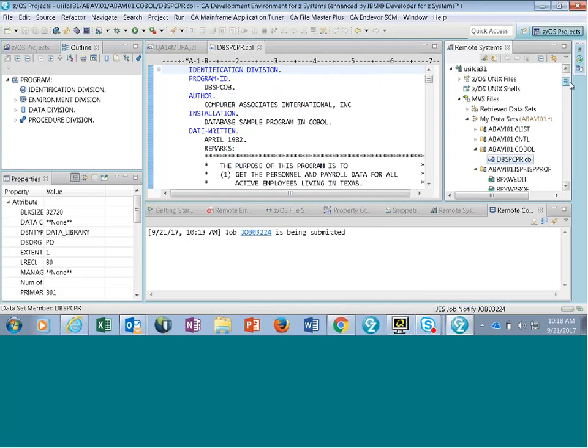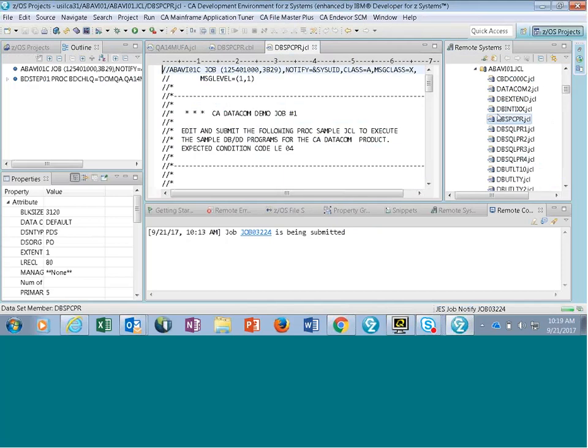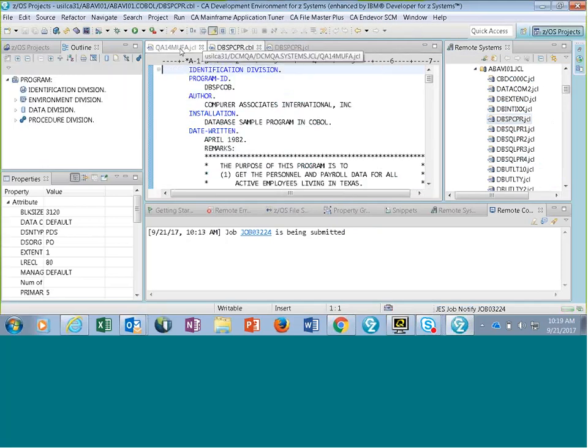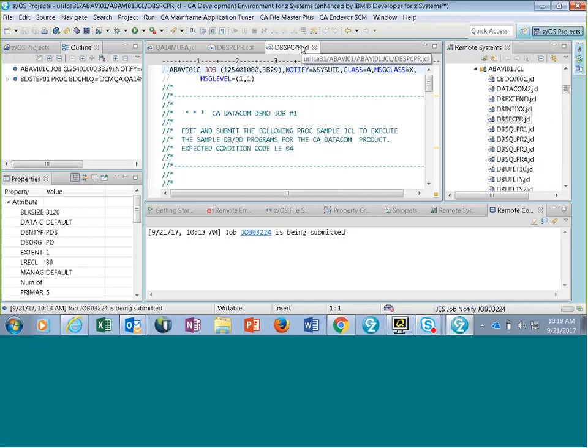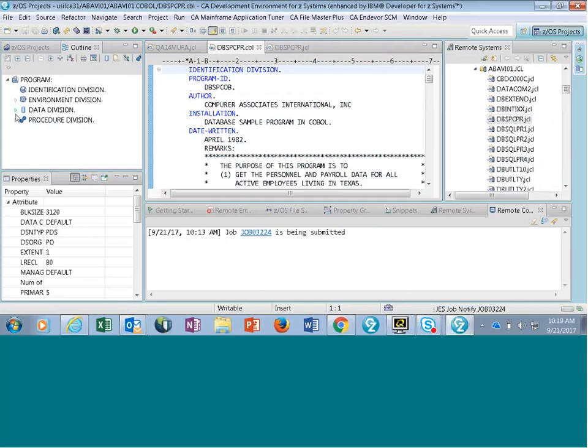One of the things I also wanted to show you was this right here, which brings you up to JCL. Notice that it keeps track. I can go back and forth with anything else that I have in this environment. And this is my JCL to go ahead and, well, sorry, I'm jumping around here, but